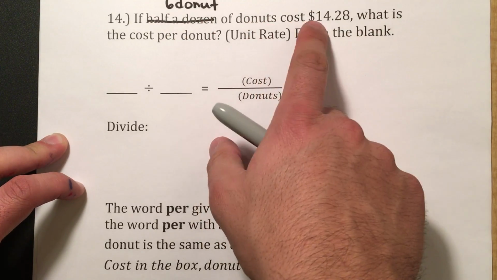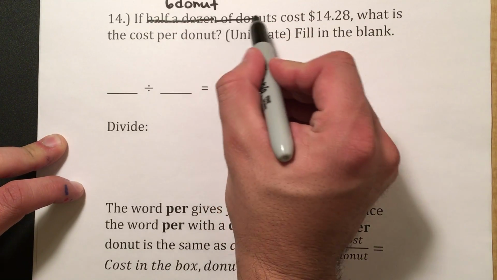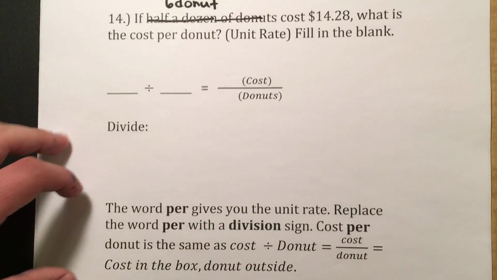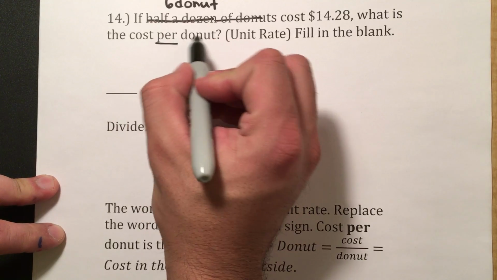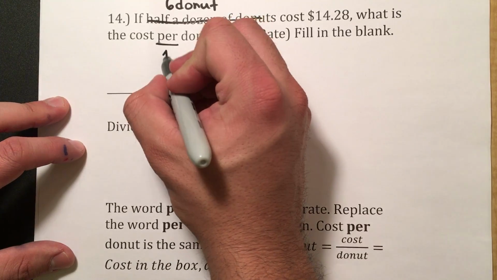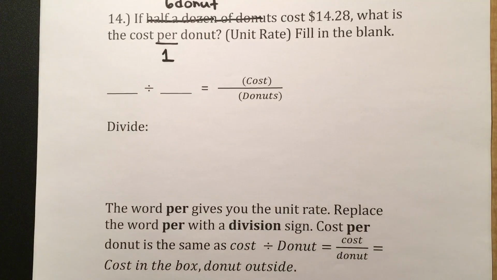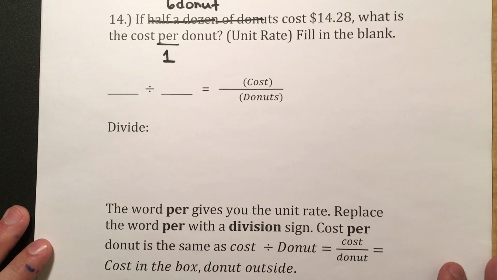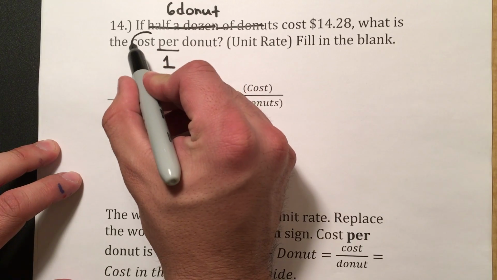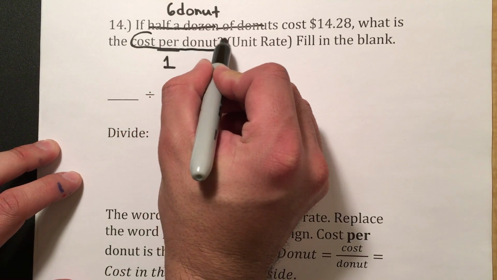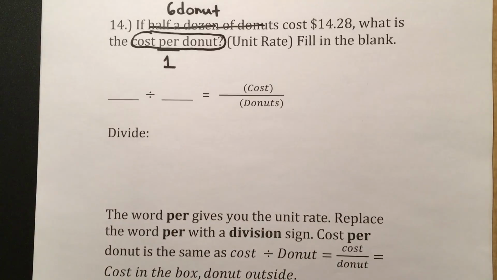They cost $14.28. The question is asking what is the cost per donut. Per means one donut. I'm just going to put here 1. So whenever you see a rate, and our rate's right here, I'm just going to circle our rate, cost per donut, I'm going to show you a strategy because sometimes some of my students get confused and they don't